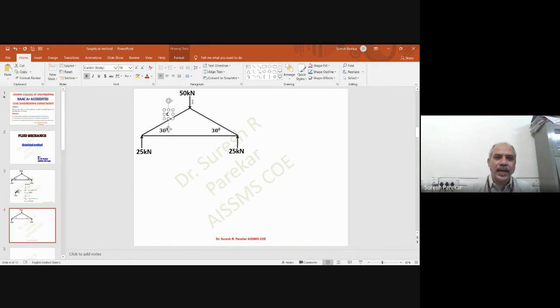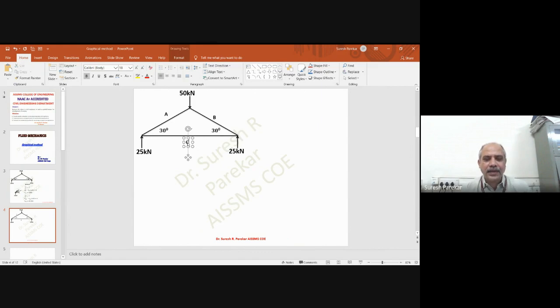We have to name the spaces between the forces and between the members. So now we have this 25 and 50 kilonewton. This space we are going to say as A. You can have small or capital. Then between this 50 kilonewton and this 25 kilonewton, I will say this space will be space B. And then between 25 kilonewton and 25 kilonewton, I will say it as space C.